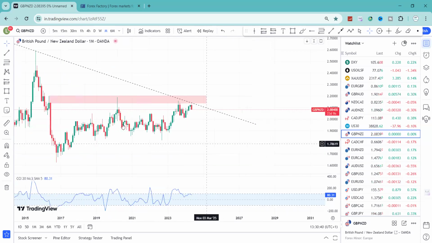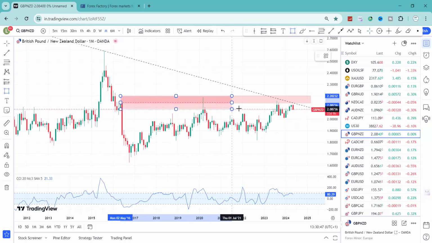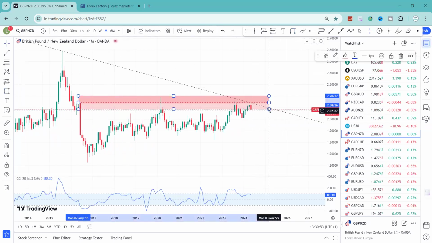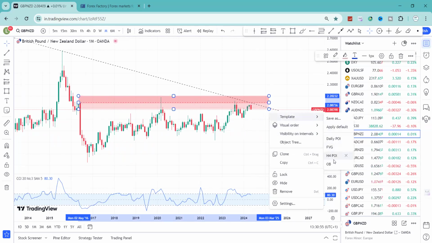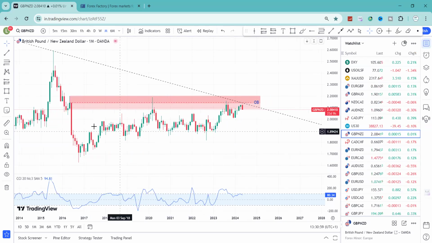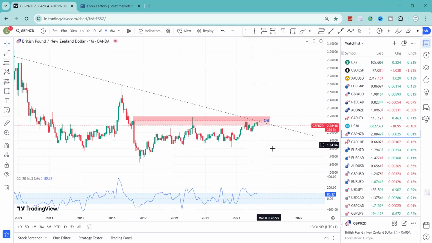Now, not only that, if you look here closely, you can also attest with me that this particular zone here is the order block. So yes, this is the order block on the monthly time frame. Of course, that order block caused a lot of imbalance. Of course, there was a fair value gap within it. So we're expecting that price would most likely come back into the order block and then respect that order block